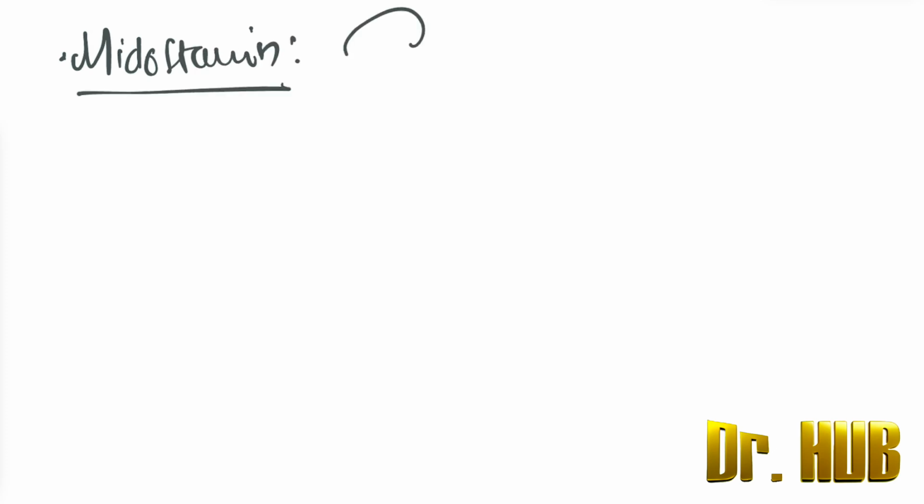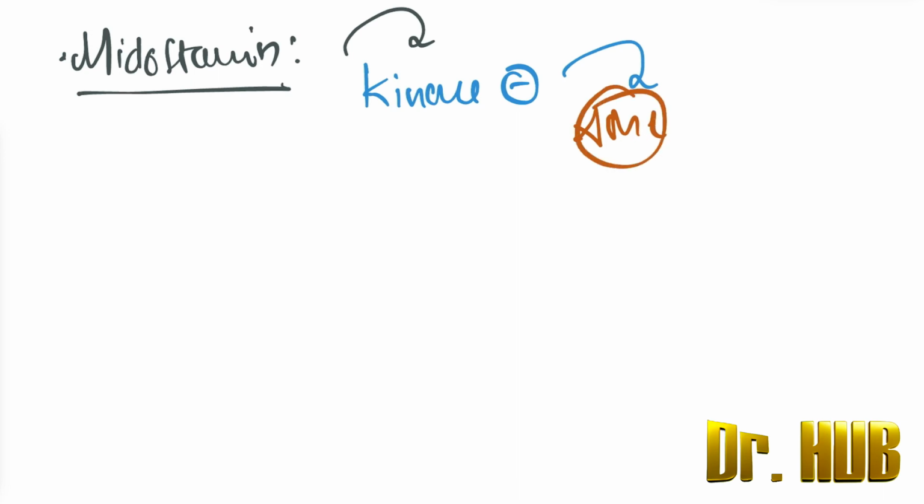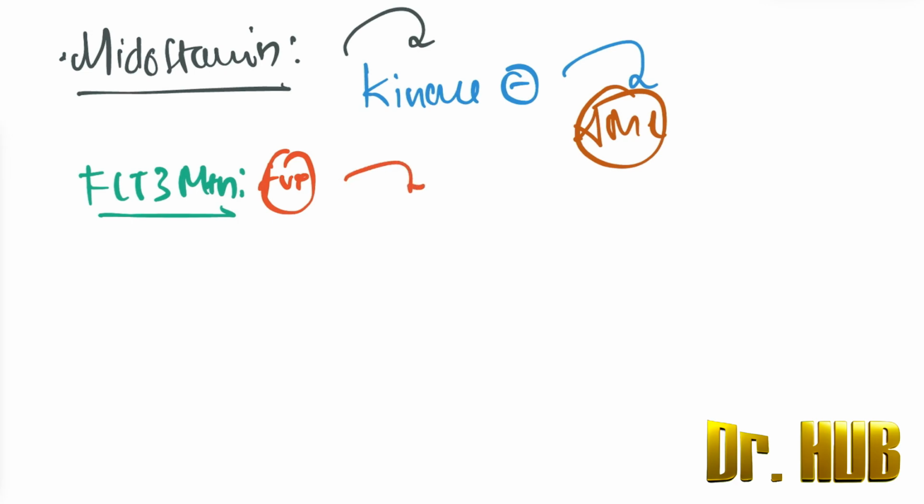Next we look at midostaurin. Midostaurin is nothing but a kinase inhibitor, and it is used in newly diagnosed cases of AML with a FLT3 mutation. It is mutation positive as detected by an FDA approved test,